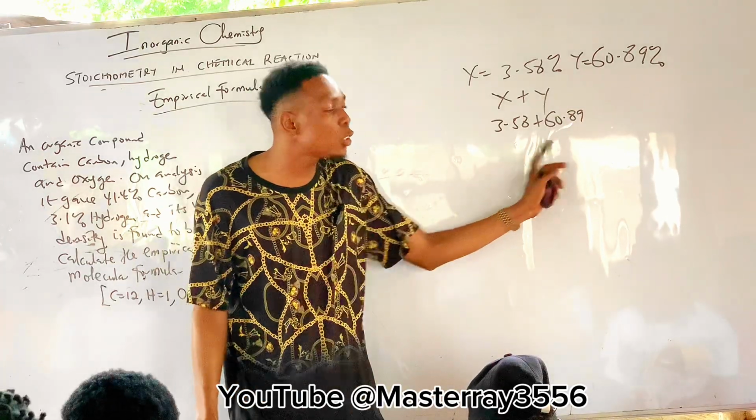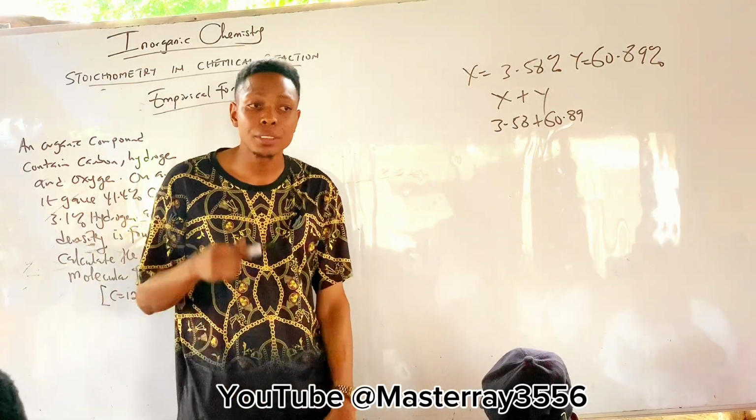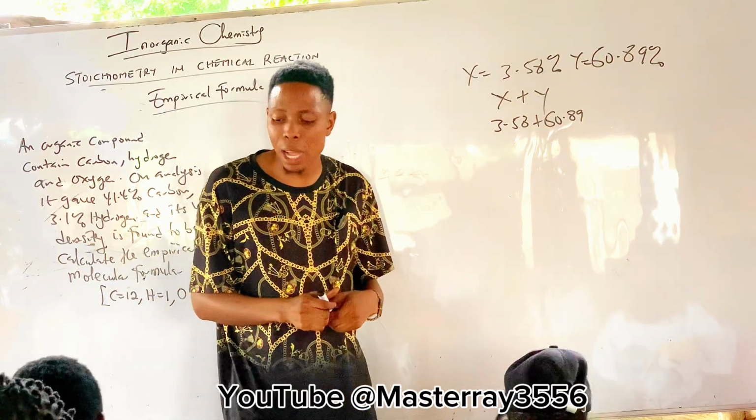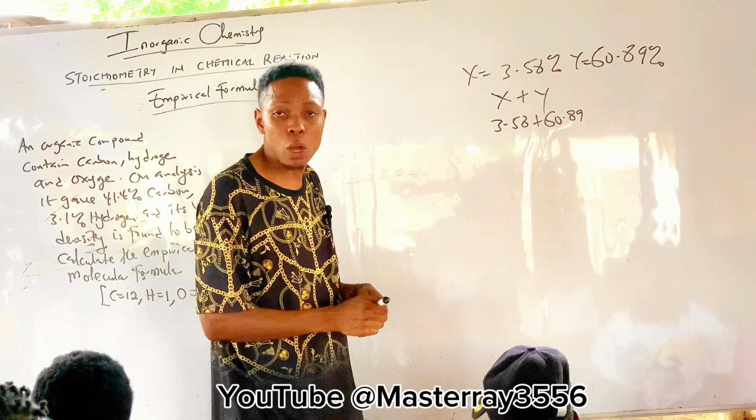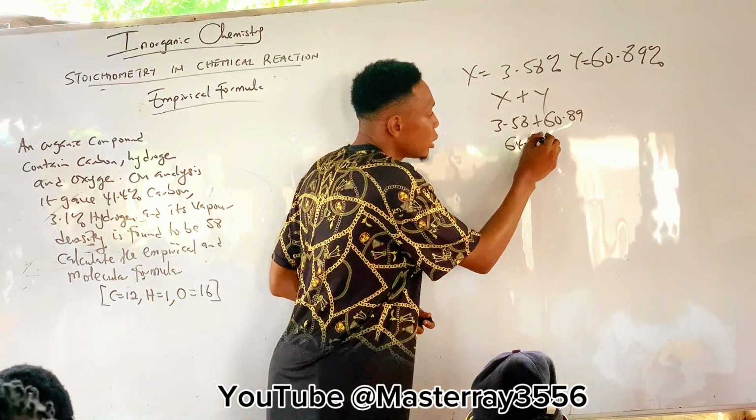If you add these two together, what do you have? 64.09. 64 point